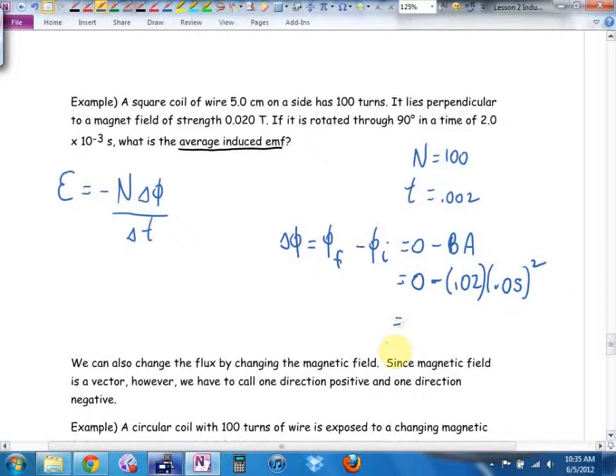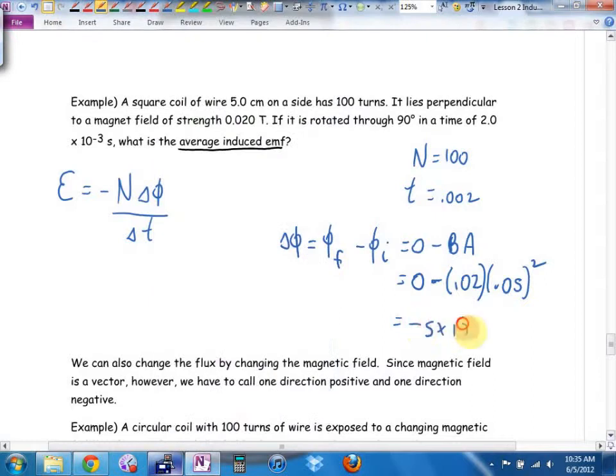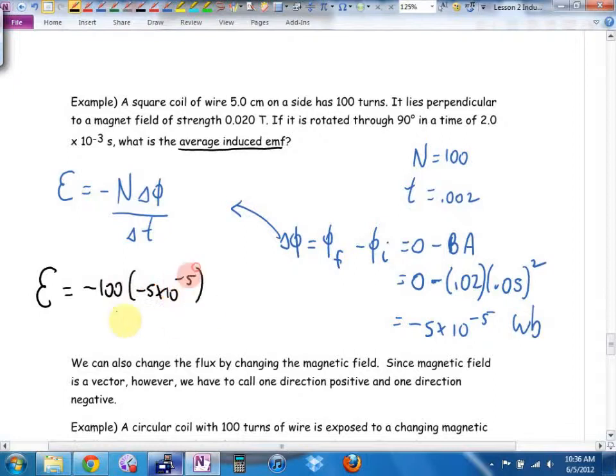So what is the change in flux? Crunch the numbers, please. And then leave it on your calculator because you're going to be using it a short time later anyhow. That, negative 5 times 10 to the negative 5. Units, flux, the new unit we learned today, Webers. Now, let's crunch. Negative, what's N? 100. Change in flux, negative 5 times 10 to the negative 5, all over...